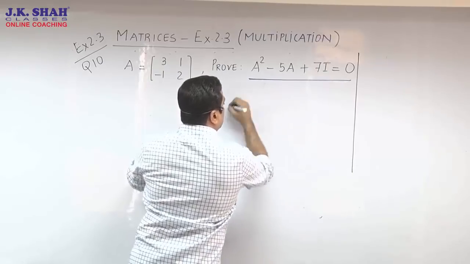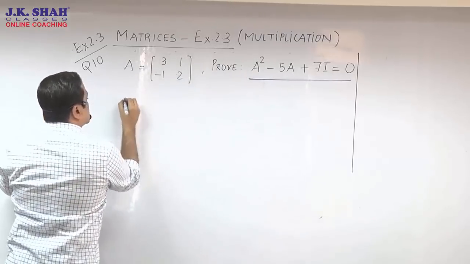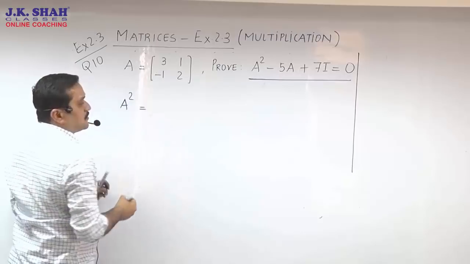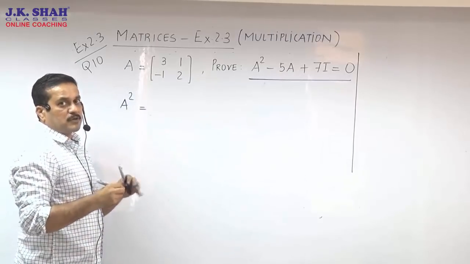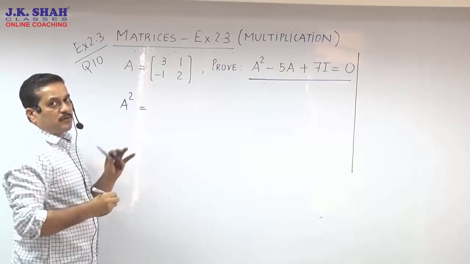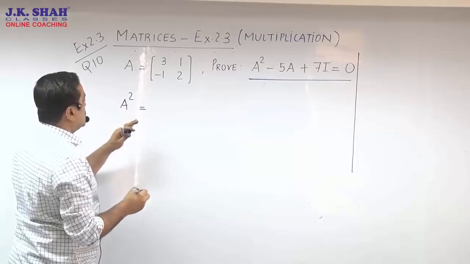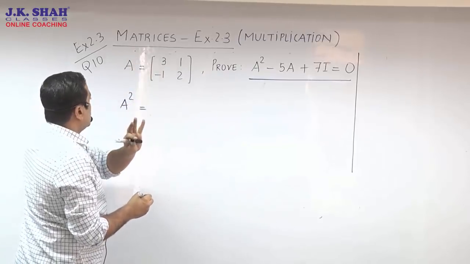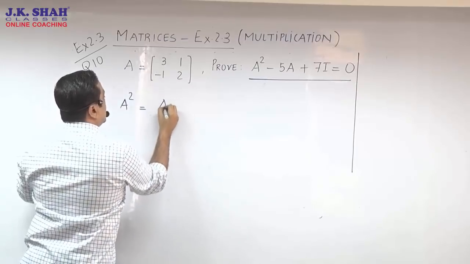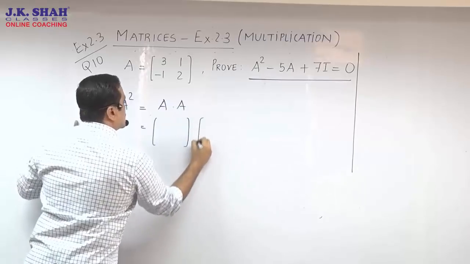Now similar to the previous sum, I would like to solve first A square. Now when I start with A square, which even you are going to start, as what we have decided, all small parts you are going to solve by pausing the screen and then you come back into the video to check the answers. Stop once again. Now before I give you the instruction, many people feel that A square means square all the elements. No, please don't do that. A square is A into A. So you need to multiply your matrix A with the same matrix A.